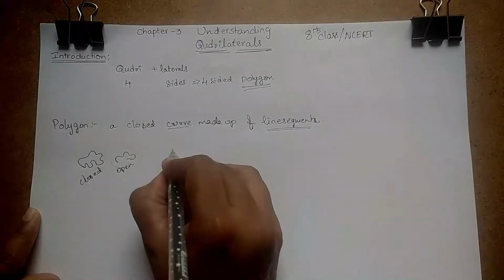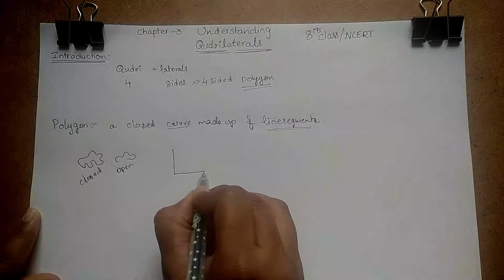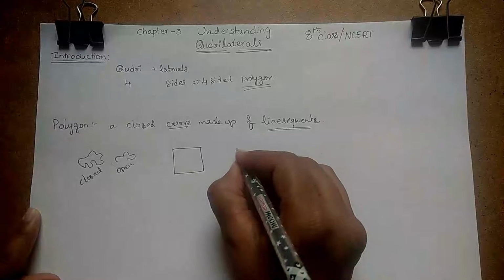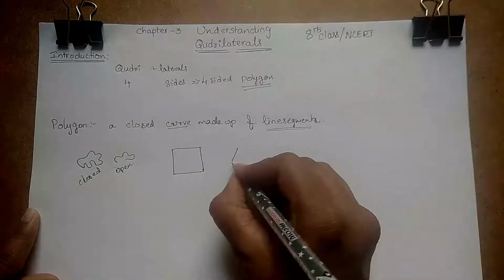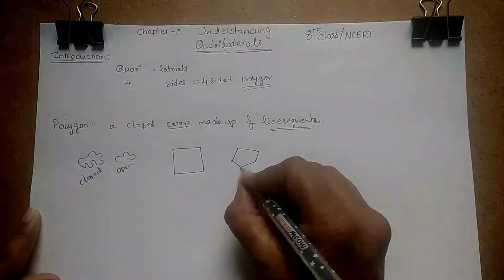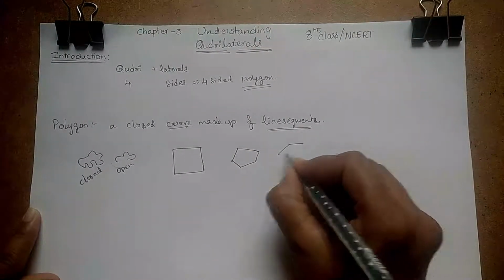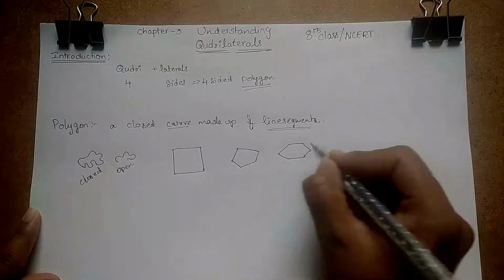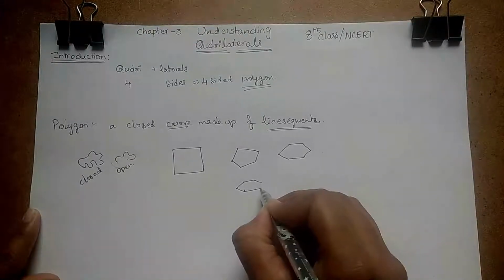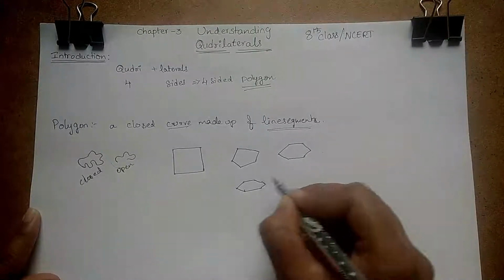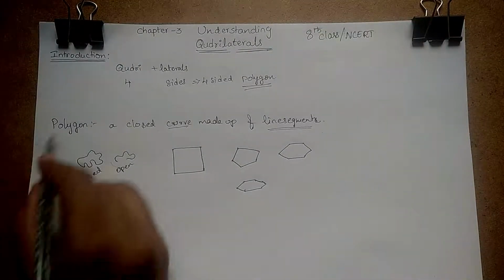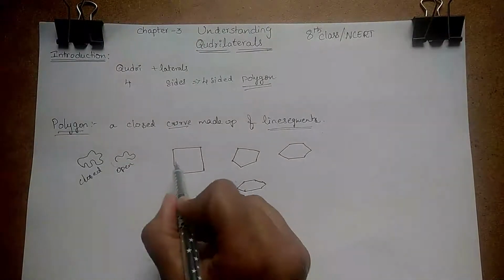If you start from one point with a line, and close it with a line segment, we have four lines. Take 5: 1, 2, 3, 4 and 5. This is 5 line segments. Next take 1, 2, 3, 4, 5, 6. This is 6. Like that I am drawing 7. This is 7 line segments. Like this we name polygons based on sides.